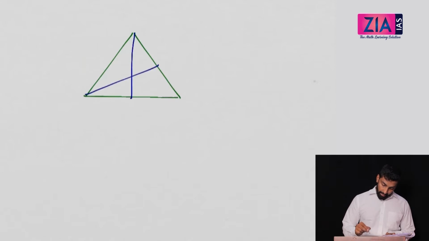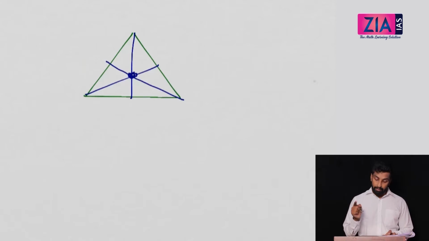Now if you take an equilateral triangle, if you draw the median, okay, if you draw the three medians, they will meet at a point, this point is the centroid. Now the speciality is in an equilateral triangle, centroid divides the median in the ratio 2:1. So basically this is 2, this is 1. So if that is 2 and this is 1, everything will be in the same ratio. This is 2, this is 1. Okay. So basically this is 2 and this is 1.